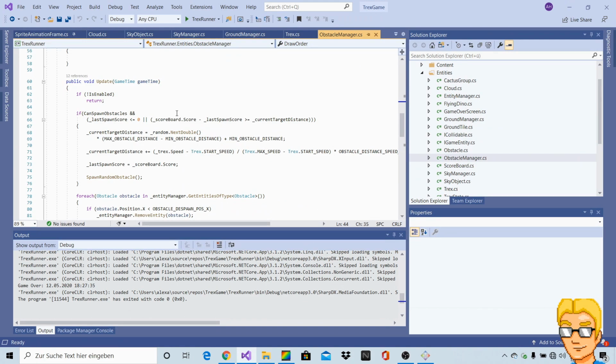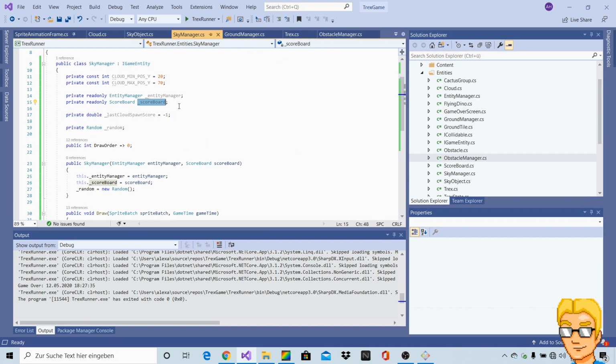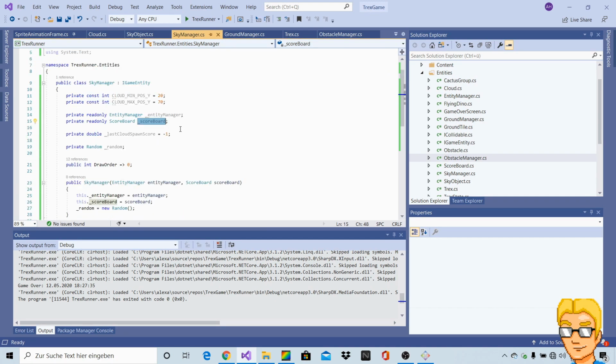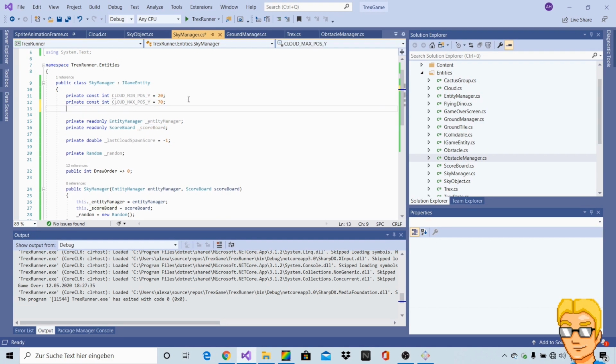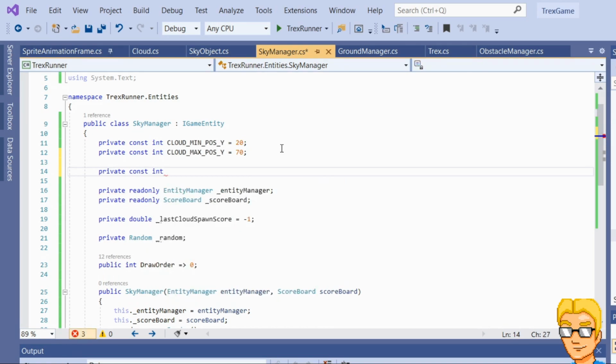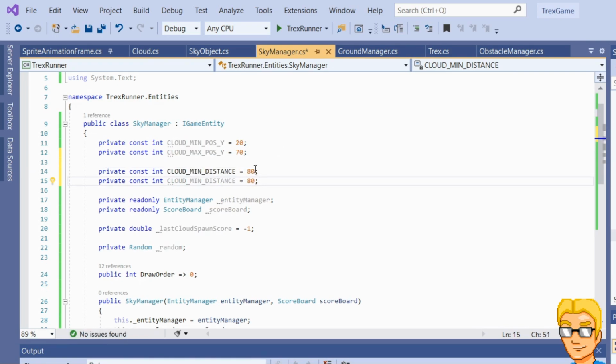We're probably going to need it for the day-night cycle, because the day-night cycle is definitely dependent on the score, so it does make sense to have a reference to the scoreboard here. So that's fine, we can keep that, but we don't need it to generate the random distance between the objects. Let's actually simply say private constant integer. Let's say cloud min distance, and let's say they have to be at least 80 pixels apart. And then the maximum distance would be, I don't know, 200 pixels. Okay, so